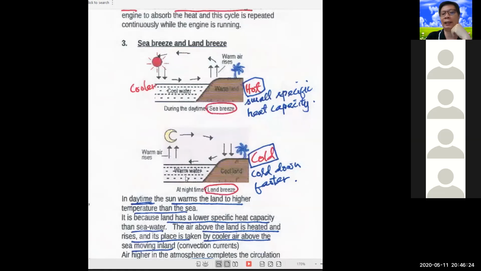Sea water at night is still hot, is warm. So here the hot air rises up, so here is empty, right? Then the cool air from the land will move in here to occupy the place. So this makes the air move from the land towards the sea during the night, so it's called land breeze,